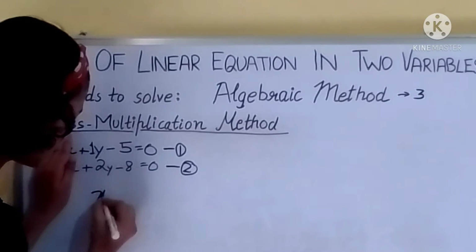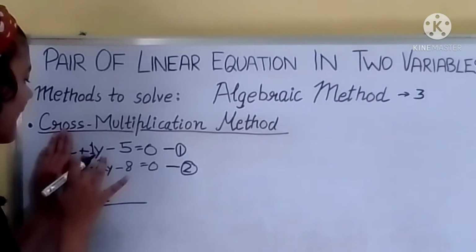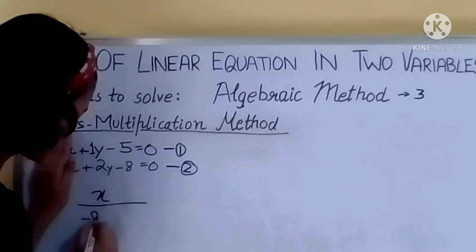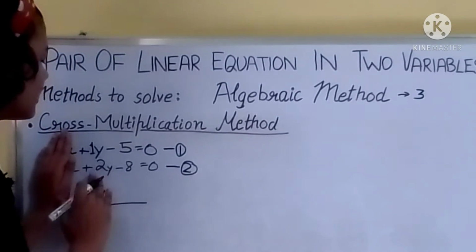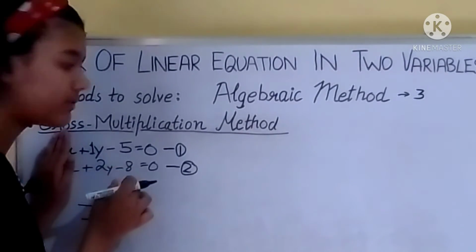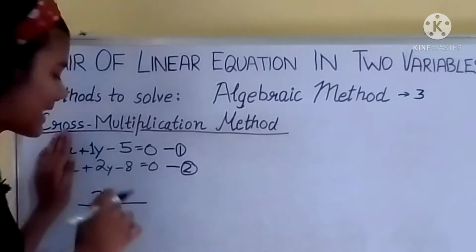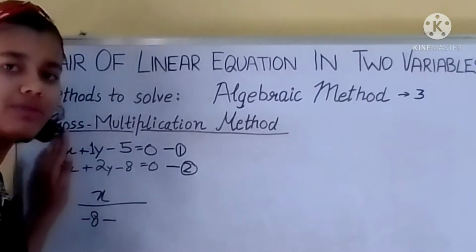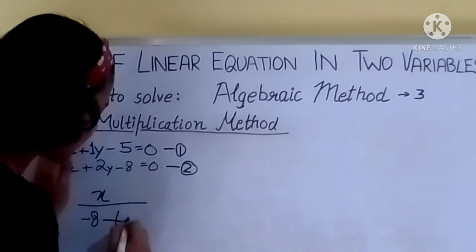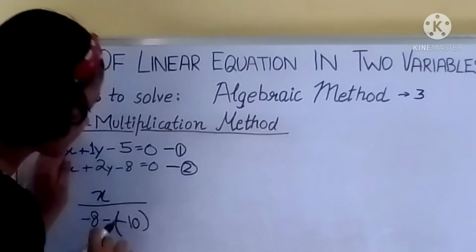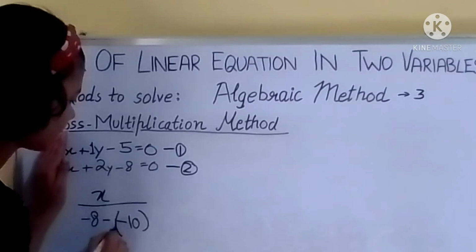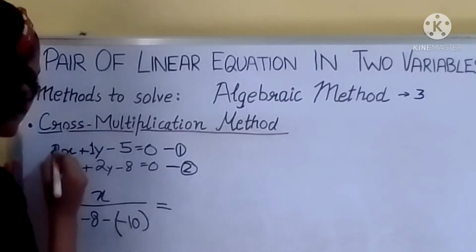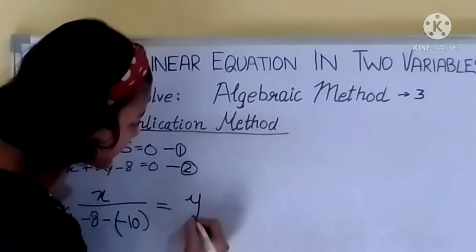So first here we will write x, then upon, now y is positive and then this is negative, minus 8 is negative, so minus 8. Okay, then 2 is the next coefficient of y and then the next constant is minus 5. Okay, so first we will put one minus sign because this is what we have to do. Then in the bracket we will write minus 10. Then is equal to. Okay. Now next one is y. So first we will write y here.